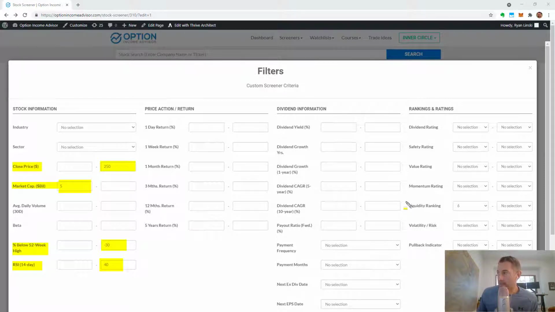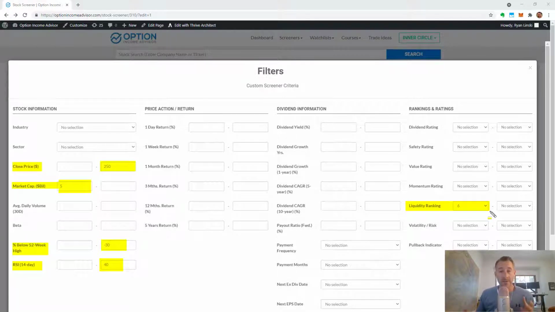And then just from a liquidity standpoint, as we're trading options, I always like to have a liquidity ranking, at least at some level. Our rankings are percentile rankings from 1 to 10. So by putting a minimum of 6 in there, it cuts out the lowest, call it 50 or 60%, of illiquid stocks. Because if I'm going to participate in these, and I'll show you a lot of these that I think are good buys today,